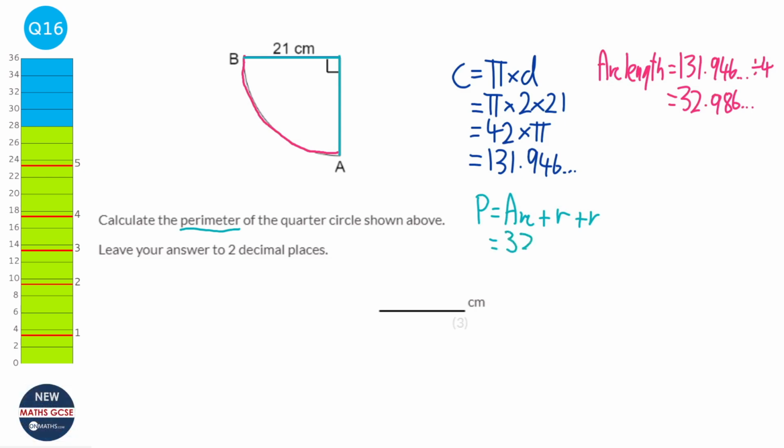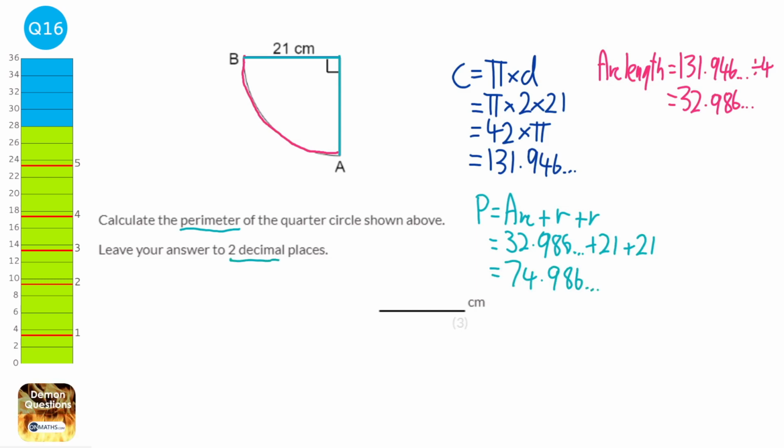So that's going to be 32.986, plus 21 plus 21, which equals 74.986 and so on. And when we round that to 2 decimal places, we get the answer of